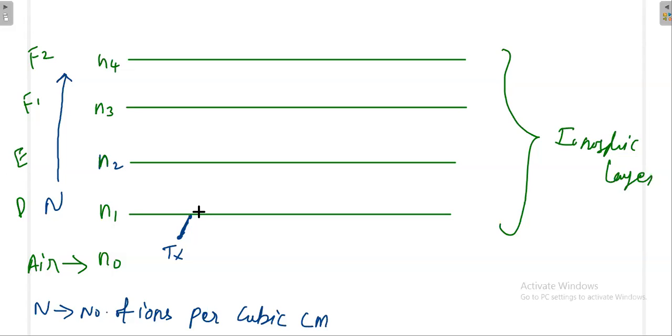So what will happen in this process? Definitely you'll get some refraction. So it goes like this. Some small refraction will be there, and again some refraction will be there. Like this it keeps on going. When you go up and up, there will be small refraction again and again. So it's not simply going in a straight path. At each and every place there will be some refraction, because that is what we discussed yesterday.